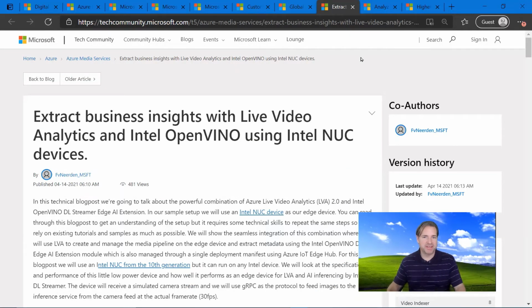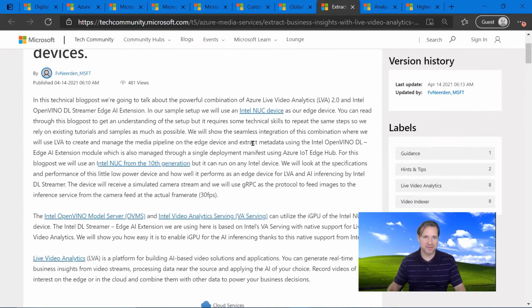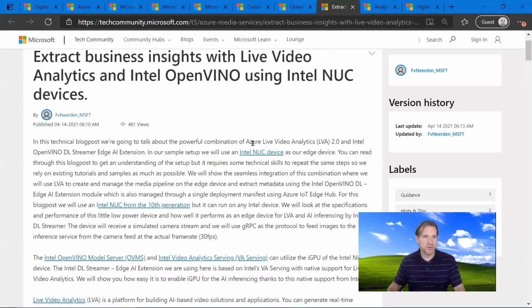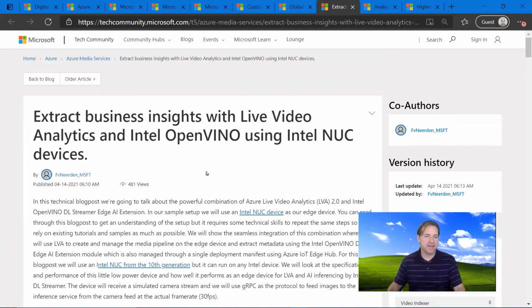Extracting business insights using live video analytics and the Intel NUC. If you're familiar with Intel NUC devices, these are really small PCs which allow you to connect USB devices such as keyboards, mice, cameras, etc. This particular tutorial goes through how to use Intel NUCs as Azure IoT Edge devices and connecting cameras to do